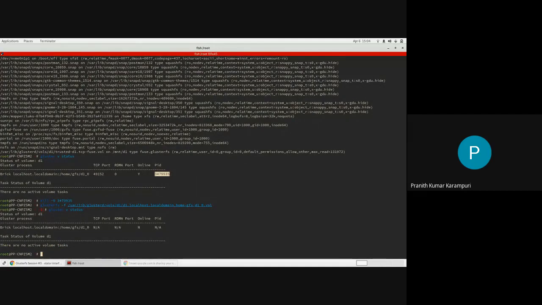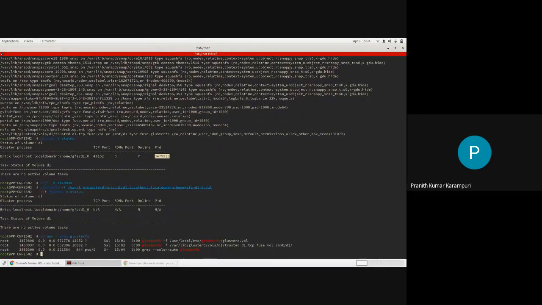But for now, you can see that just by changing the vol files, generally you can bring up the same functionality.